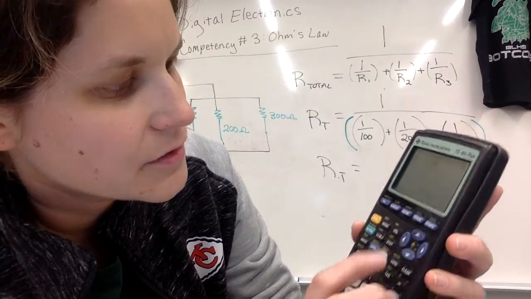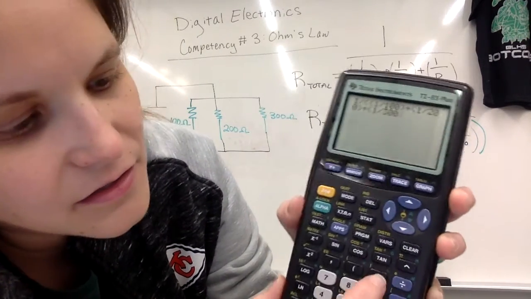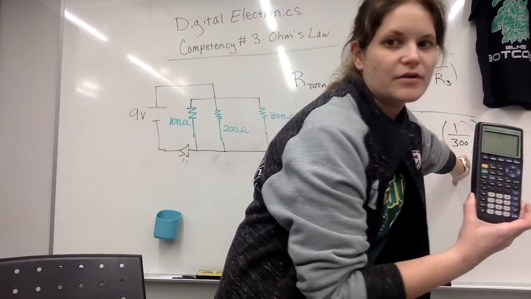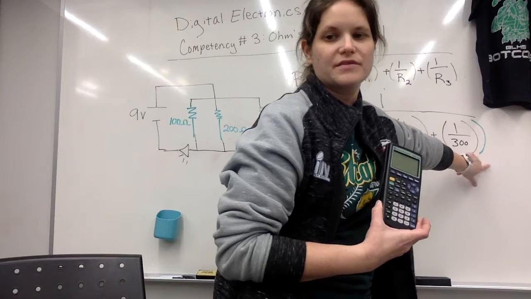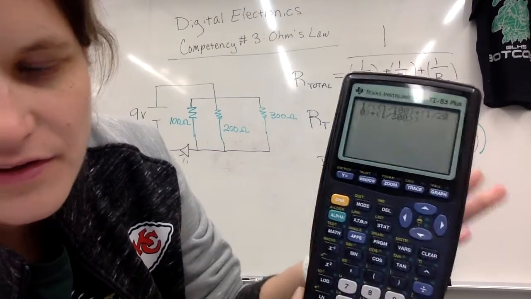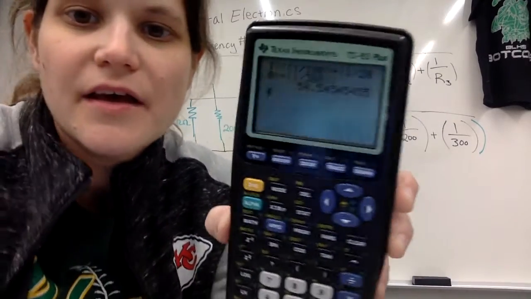Oop, it would help if I actually wrote 300 instead of 33. Like that. Close parentheses around this, and then add one more parenthesis on the outside to close everything on the denominator. Enter. And so I'm getting